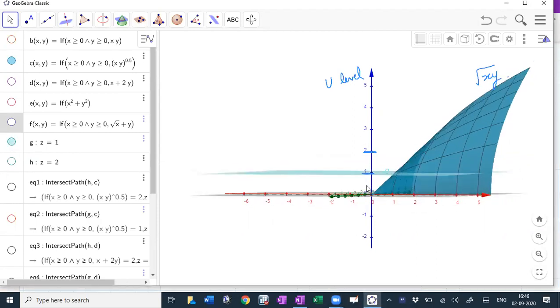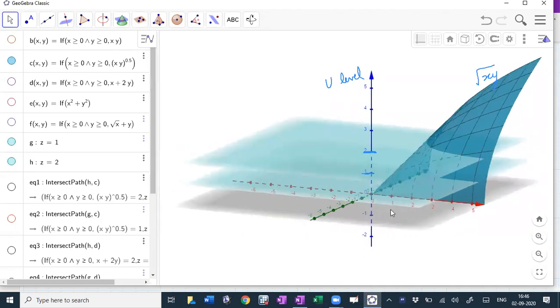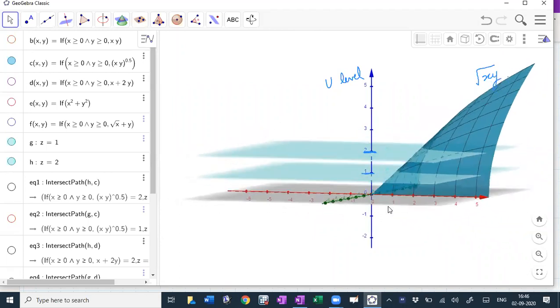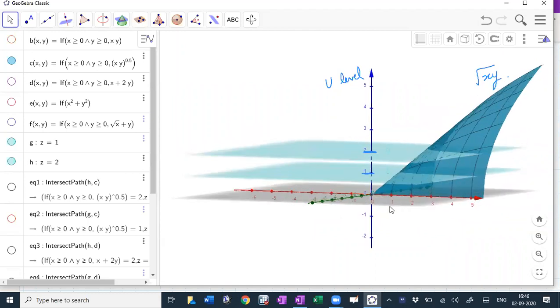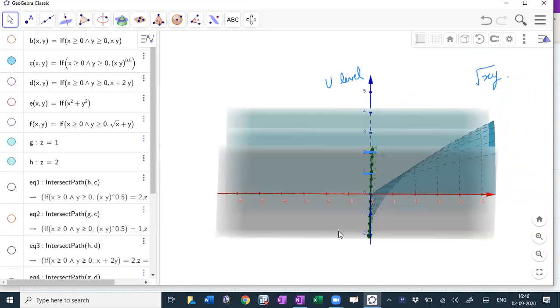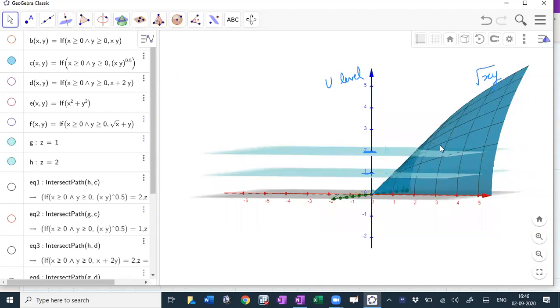So z equal to 1 here means u equal to 1, and another plane that is z equal to 2. So you see these two planes intersecting the surface, the blue utility function, at these two heights. Now I'm not interested in all these other points which are not on my utility function. I'm interested in the points that are on the utility function at a height of 2 or at a height of 1. So I'm going to intersect these two surfaces so that we can see them more clearly. Okay, and this is the intersection, the black outline and the orange outline.